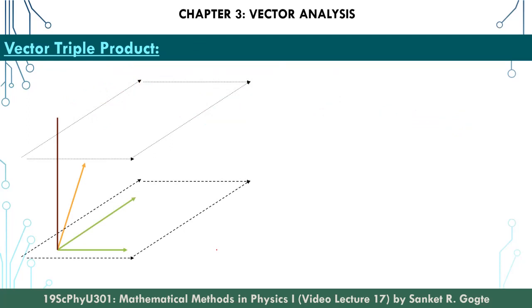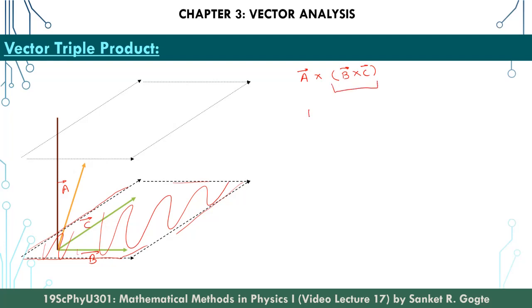Let's now consider vector triple product. Suppose this is vector A, this is vector B, and this is vector C. Then vector triple product is defined like this. It is A cross B cross C. In this diagram, this parallelogram basically is the plane in which vector B and C are present. Now when we calculate this cross product B cross C,